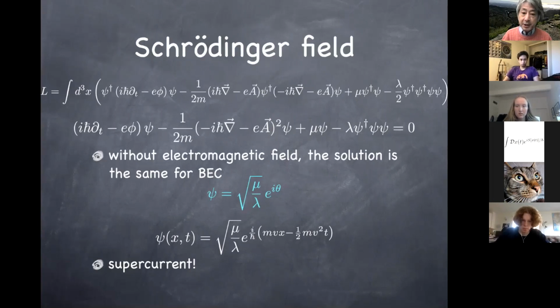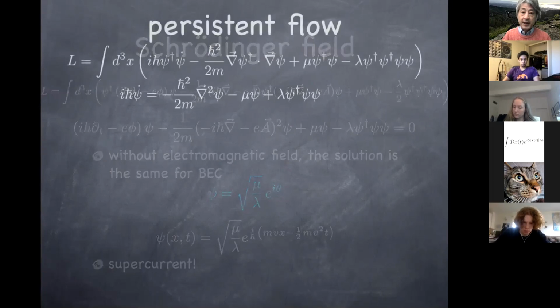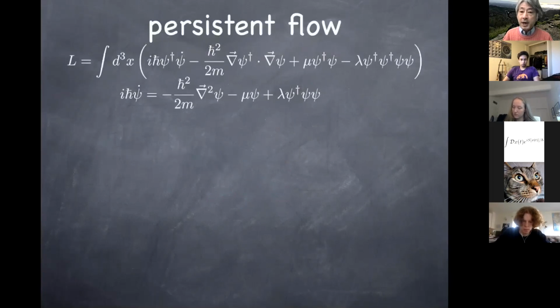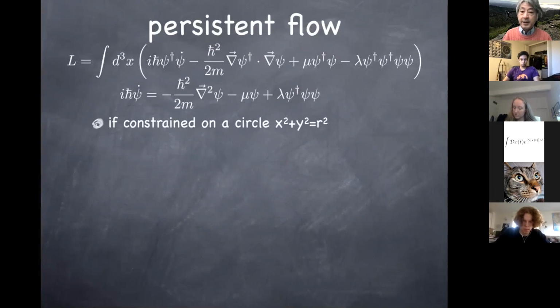All right, so this is the situation when you don't apply an external electromagnetic field. You can have this static condensate as a solution, or a moving condensate with the current flowing because of the electric charge. So now we come to this persistent flow. This is the slide I have shown you in the case of the Bose-Einstein condensate without any electric charge. That's why this derivative doesn't have any vector potential in it. And we did this